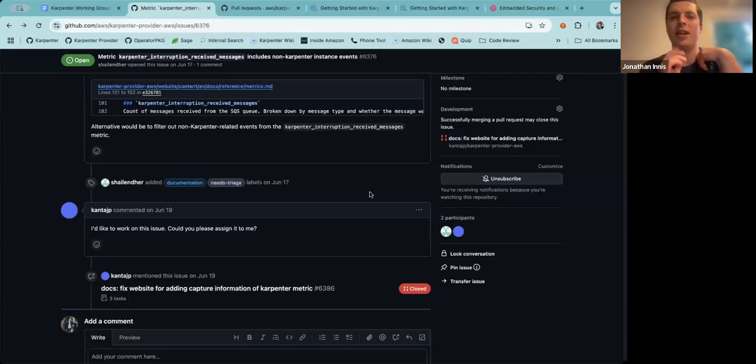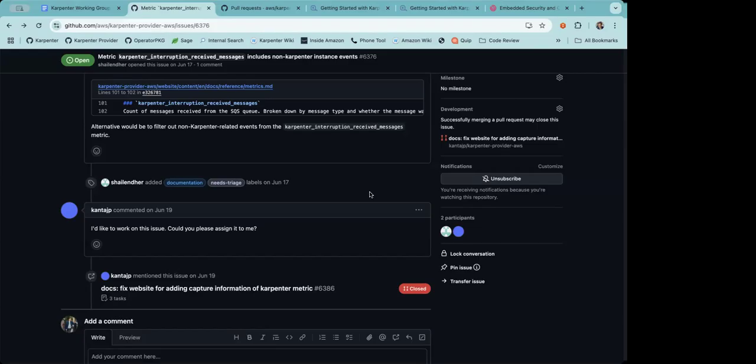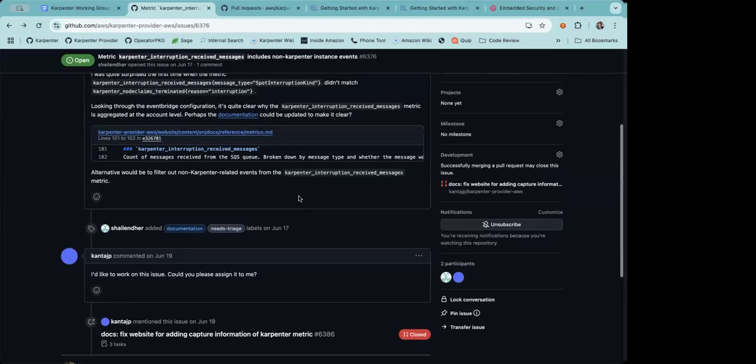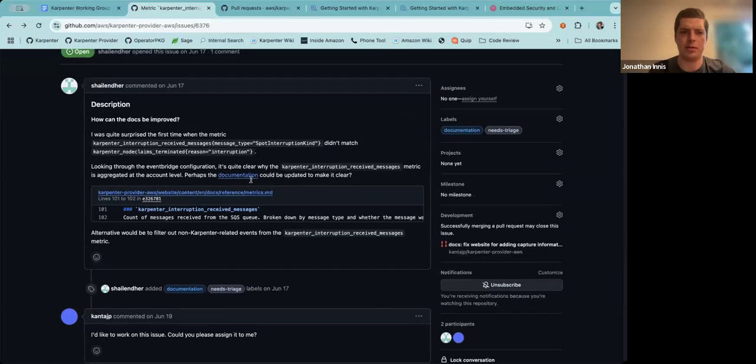Technically the metric is correct, it's the number of received messages, but is that useful to know? Maybe it's useful to know that the SQS queue polling is taking a while. Maybe we could add a label. I'm just spitballing, but maybe a label for managed or a cluster name, something along those lines. I guess we don't know the cluster name, but